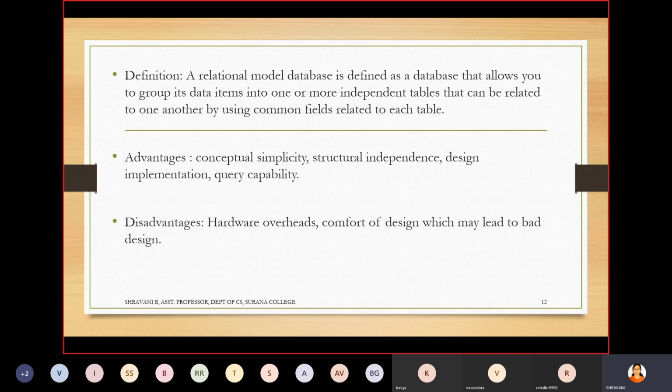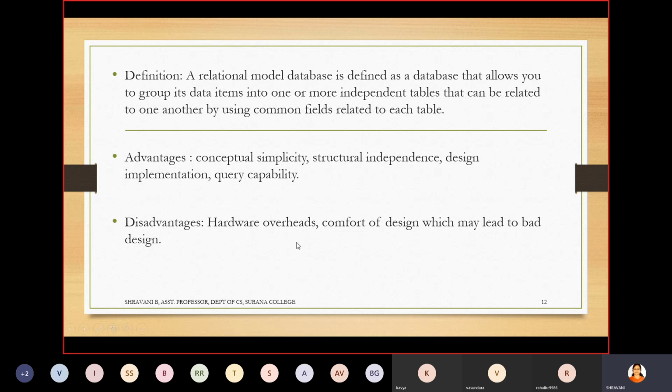Select star from table. Like that, you will be learning many queries in SQL, MySQL. So here the capability is more. That means you can ask any number of questions or queries and you will be able to fetch the answers from the given relational data model. That means from the table, it will be easy to take the data. So that is the query capability.